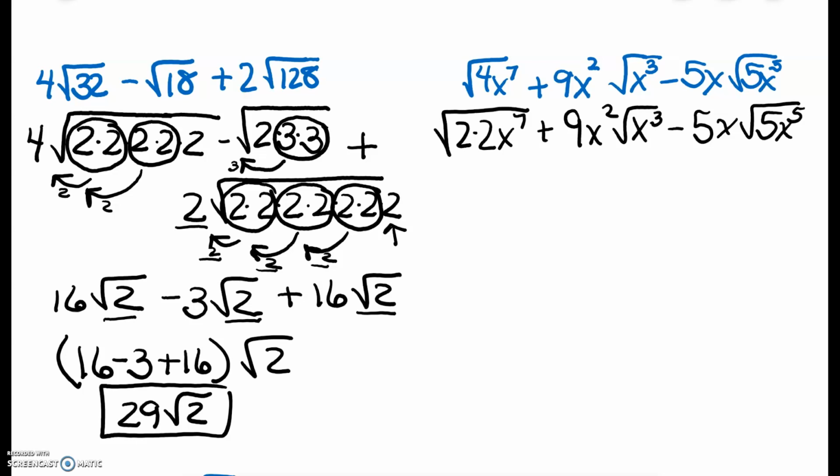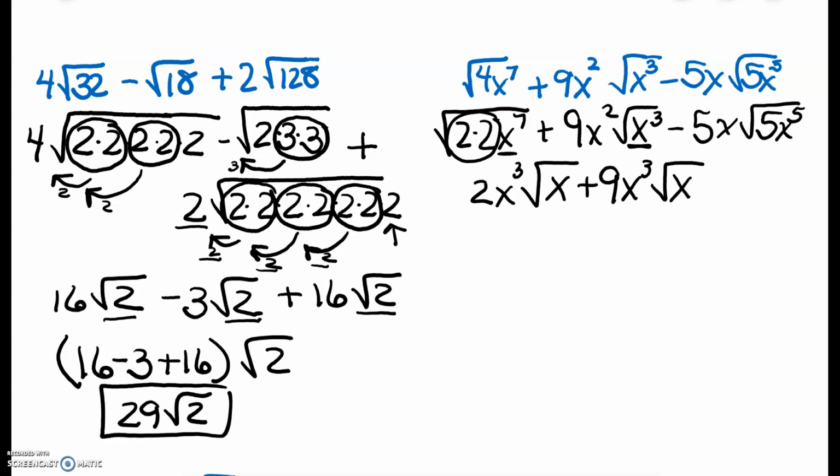5th. All right, so here I have a group of 2 2's, so I'm going to pull one of those 2's out, and here I'm going to take out 3 groups of 2x's. So 3 groups, and I have 1 x left over. Here I'm going to pull out 1 group of 2x's, so I end up with x cubed on the outside and an x under the radical. Here I'm going to pull out 2 groups of 2x's, so I end up with x cubed square root of